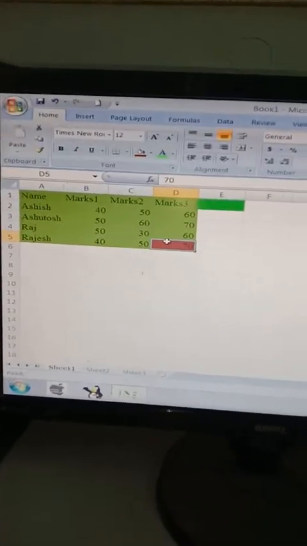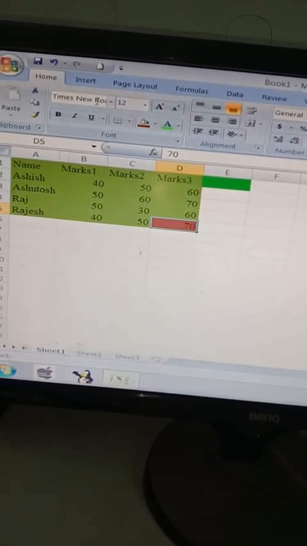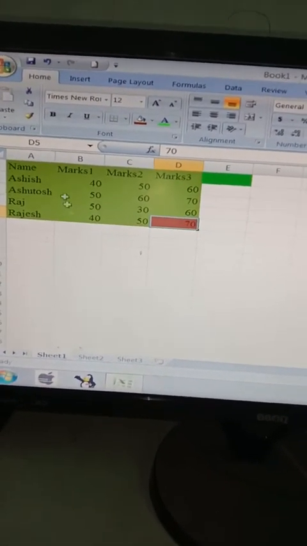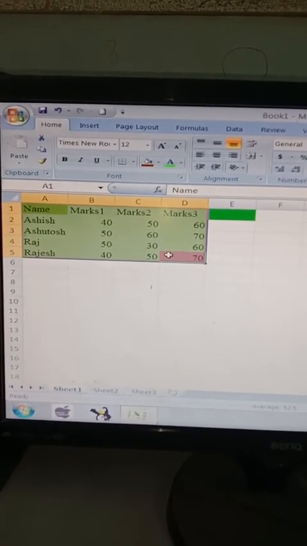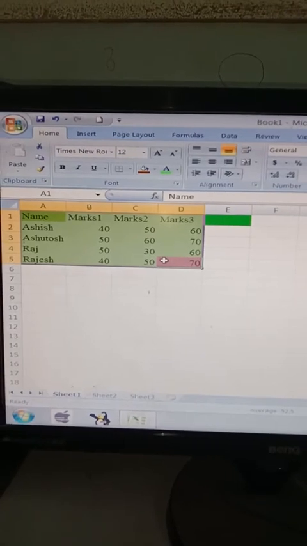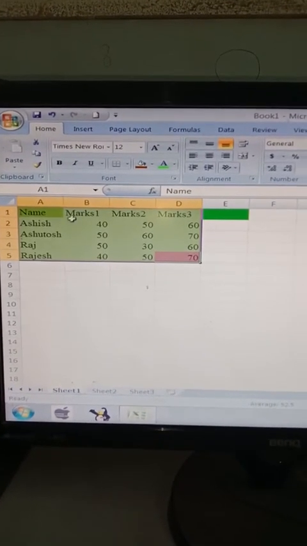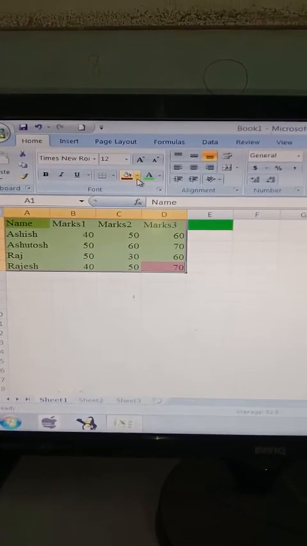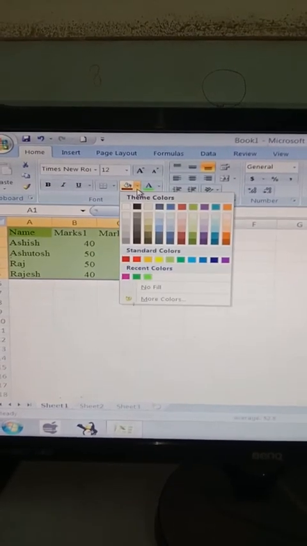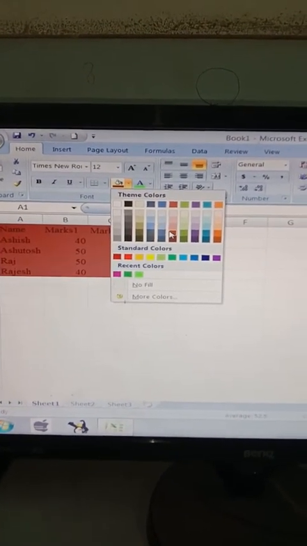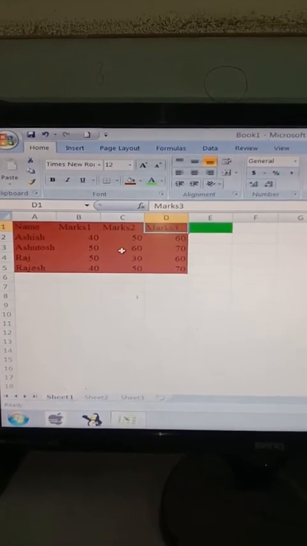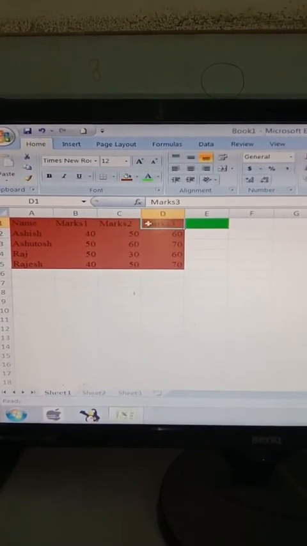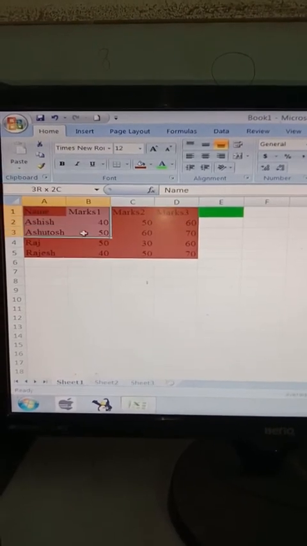So what we have to do is that we have to select them properly. Since I am holding the mouse in one hand and the mobile in the other hand and pressing this mouse button, I am finding it a little difficult to show you, but these are the different methods. Now look, this is the method of how to change the fill color over here. In this way you can change the fill color by selecting.